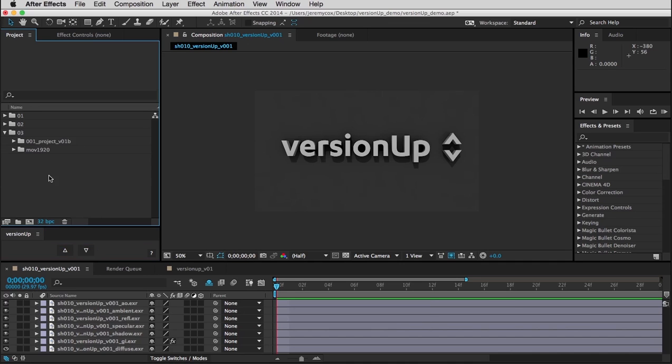You'll also notice I'm doing this on a folder, and I can increment numbers on folders and comps. So it's not actually changing the path or loading any footage. It's purely just looking at the name and changing a version there, but it's doing the same thing as it would do with a path.